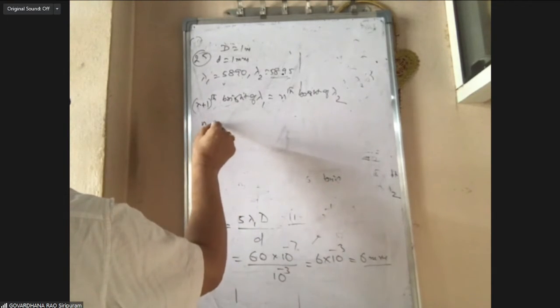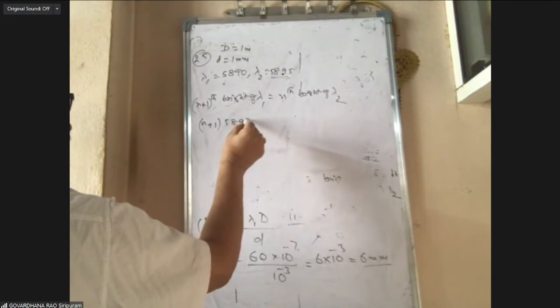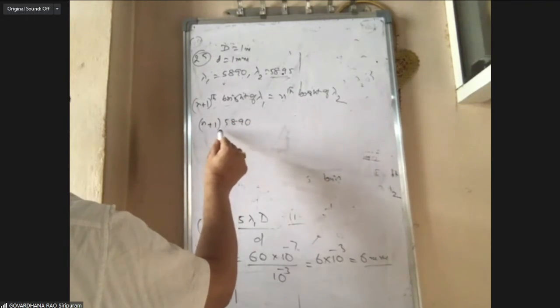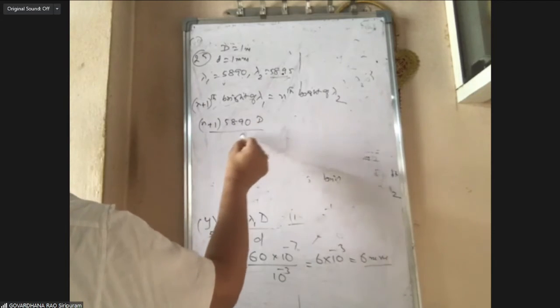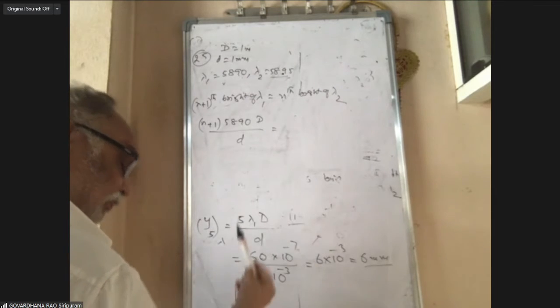So (n+1) lambda 1 D by small d should be equal to